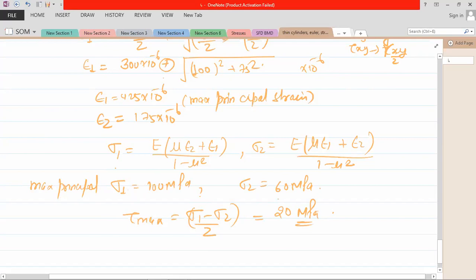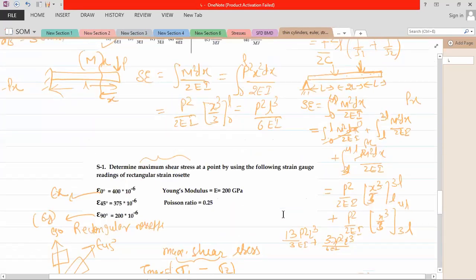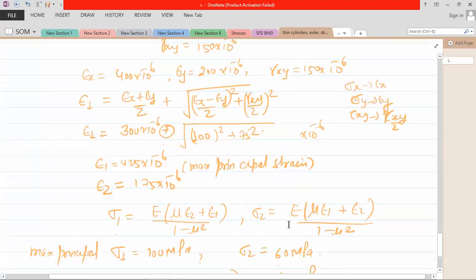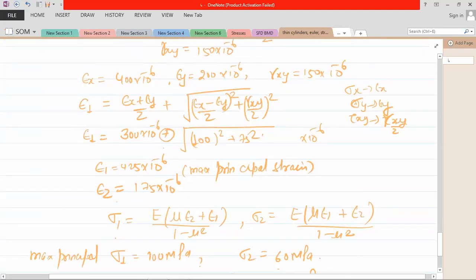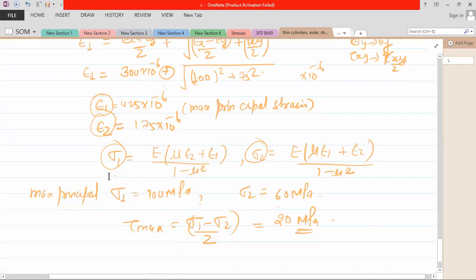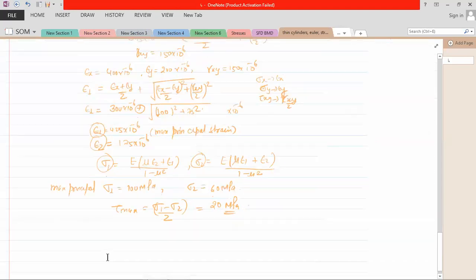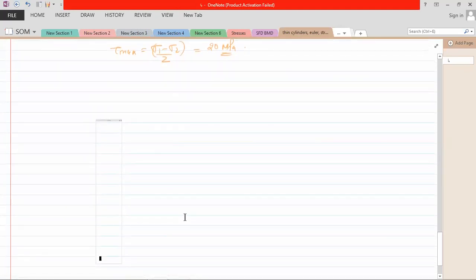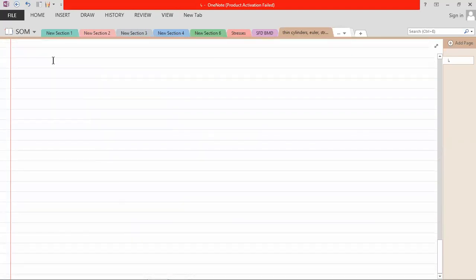So this was your answer for this condition of strain. This is quite a big problem. These problems will not be asked in the exam, but up to certain levels, like find the maximum principal stress or minimum principal stress, they can ask, or up to maximum principal strain or minimum principal strain they can ask. So there are just a few things that I want you to understand in stress and strain.